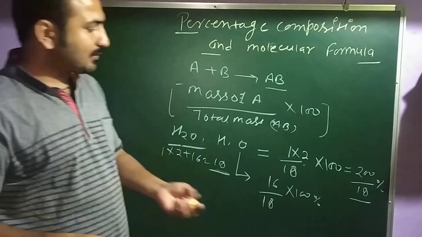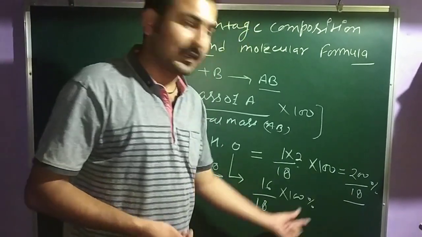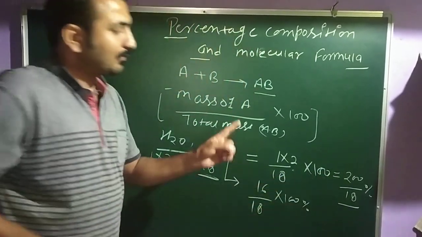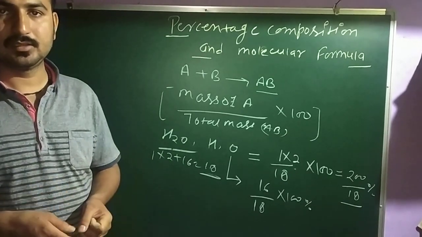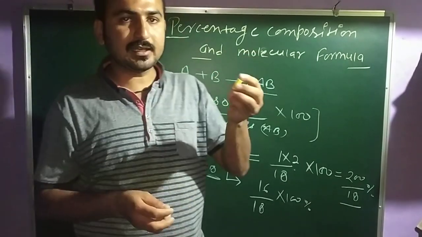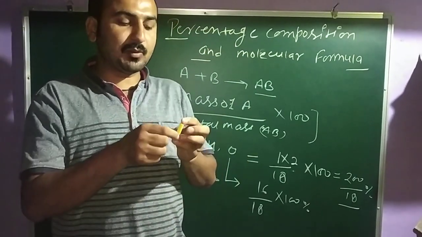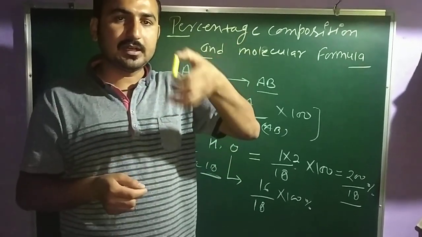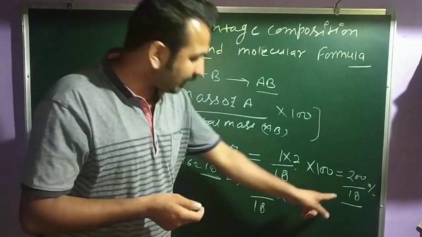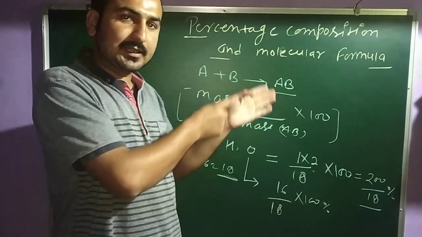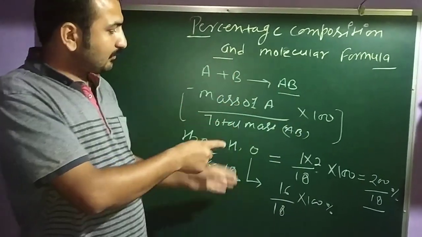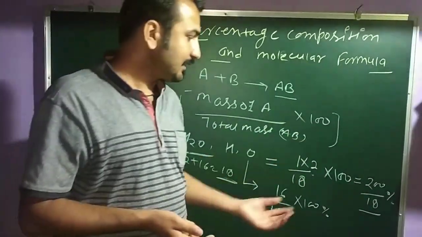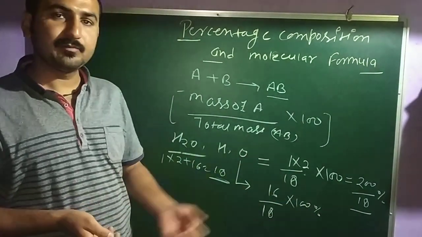You can do a simple thing to check whether your answer is right or wrong. So you add these two to get 100. क्लियर? क्योंकि आपने मास परसेंटेज निकाला, आपने कोई कंपाउंड जनरेट किया, तो उस कंपाउंड के अंदर कितना कंपोजिशन होगा? 100 कंपोजिशन होगा. कितना परसेंटेज होगा? 100% होगा. So if after adding these two you get 100, that means this is correct, otherwise not. So it is the checking method for your question.